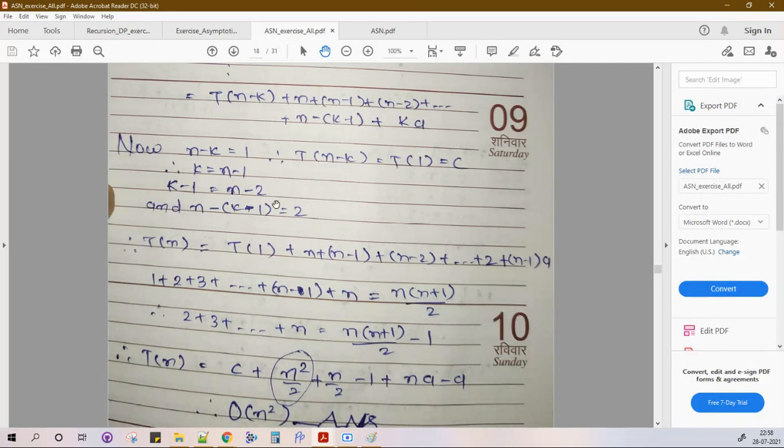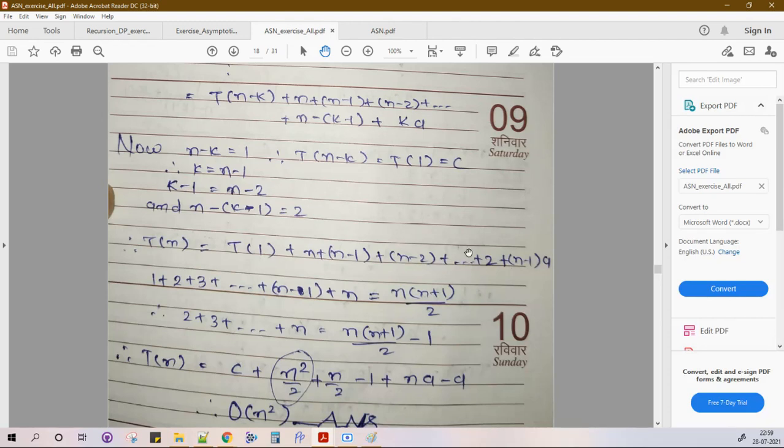So if I write everything now, I have solved for first term, last term, and the middle series. So it will look something like this: t of 1 plus n minus 1, n minus 2 plus, plus, up to 2, right? Because this term is 2, we just solve this, right? N minus k minus 1 is nothing but 2, plus k equal to n minus 1 a. Okay, there is no term related to k, so we are good to proceed. Now this is trivial. N minus 1 into a is nothing but na minus a, and t of 1 is c. Now what about this series, right?